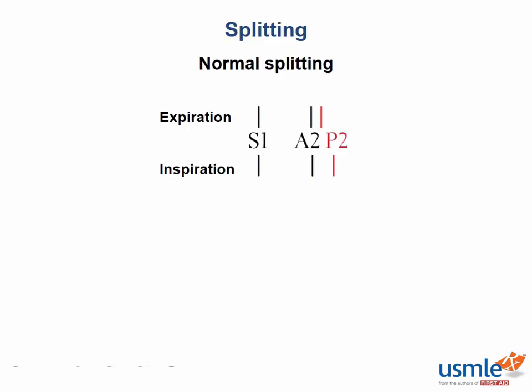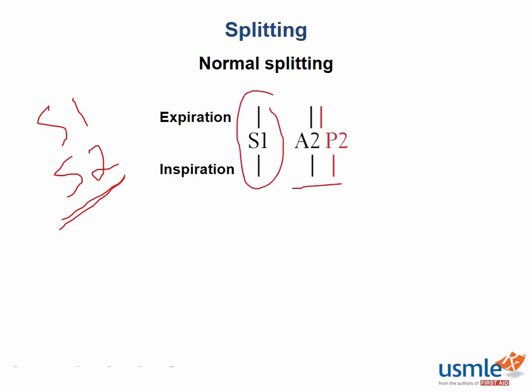So in a normal functioning heart, when you are auscultating with your stethoscope, what sounds do you hear? Well, if you remember back to your clinical foundations, we hear S1 and S2 heart sounds in the normal functioning heart. So here we can see S1, and then we can see this A2 and P2, and this represents S2,